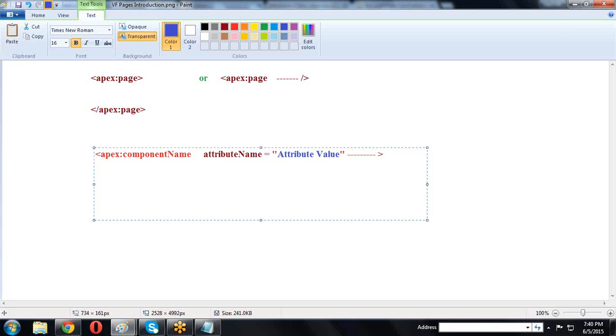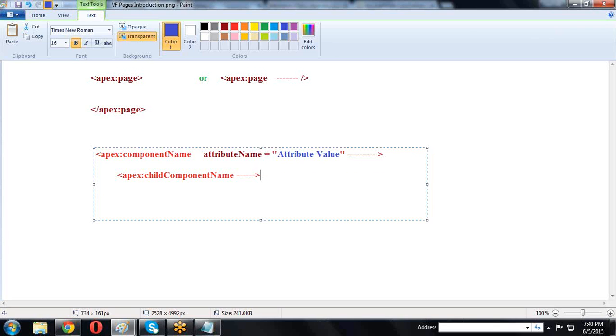Here in the child elements, apex: child component name and its values.